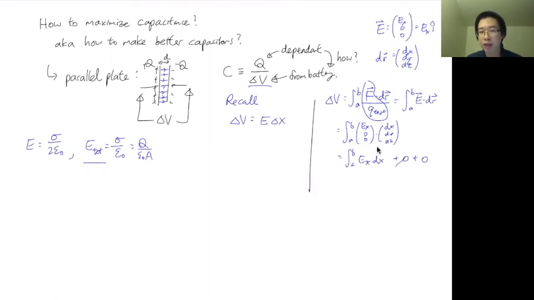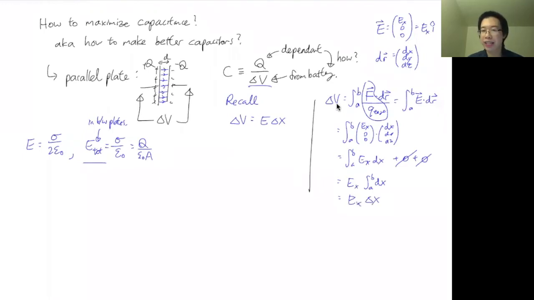After you do the dot product, E_x is the magnitude, right, since it only has one component, so you see the magnitude is basically the total E field in between the plates. So if it's a constant, as you can see, it does not depend on X at all, right? It doesn't depend on how far away you are from the plate, as long as they're pretty close together and we are ignoring a little bit of edge effects, you can pull that out. Okay, so you do the integral, I'll skip right ahead to the end. You basically get this scenario.